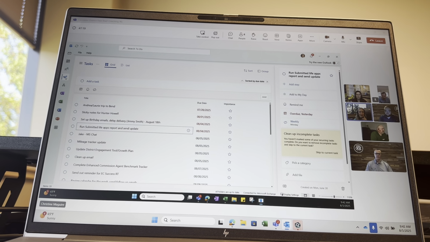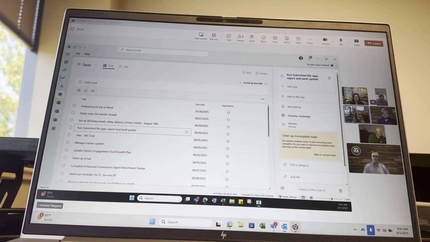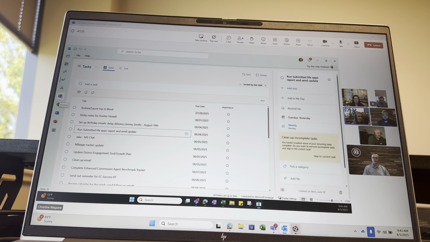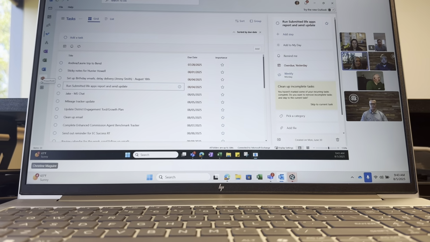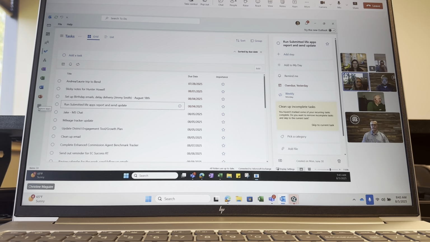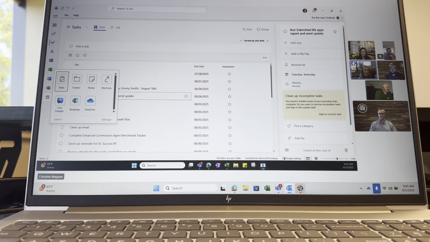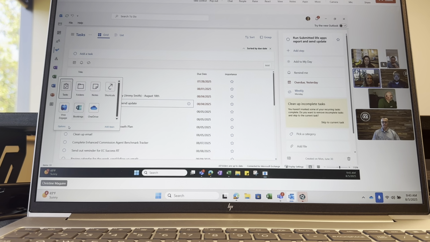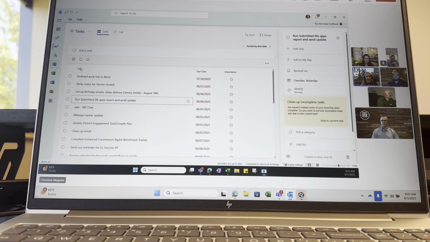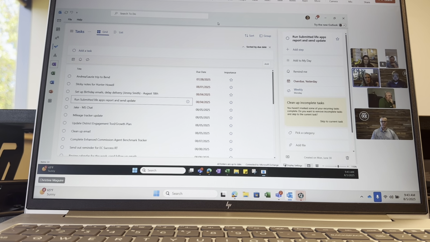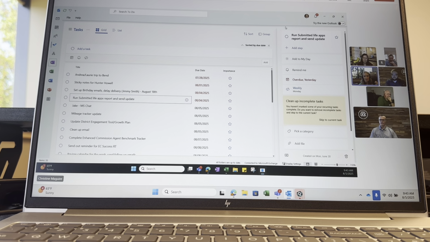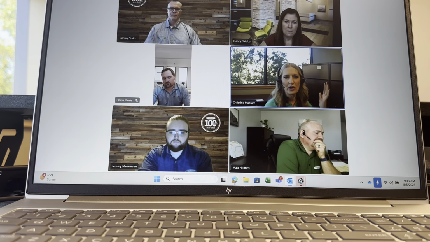It's just for me. But again, as you can in Teams, you can also in Outlook pin some of these different apps here as well, and you can have more apps, Bookings, OneDrive, things like that. So you can add. There's lots of ways to get some of this stuff done. And I'm just really encouraging you to figure out what is